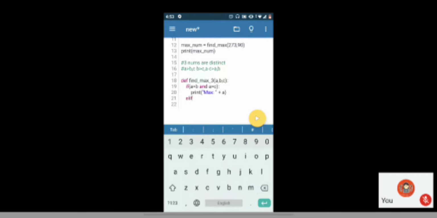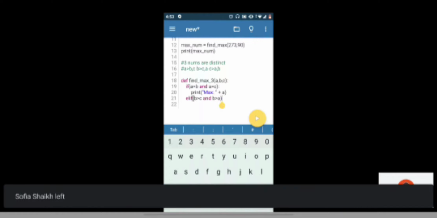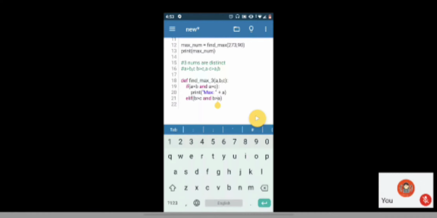Now we have already checked A is greater than B and A is greater than C. So now I'll check elif B is greater than C and B is greater than A. Here we were checking A against B and C; to check if B is the maximum of all three, I check it with reference to C and with reference to A. If B is greater than both C and A, that means B is the max one.